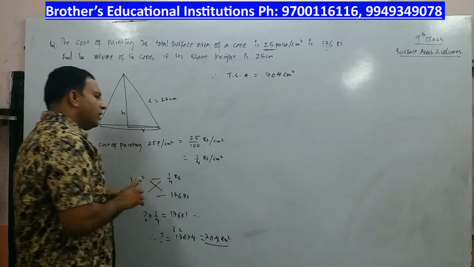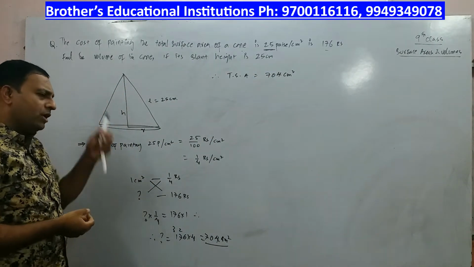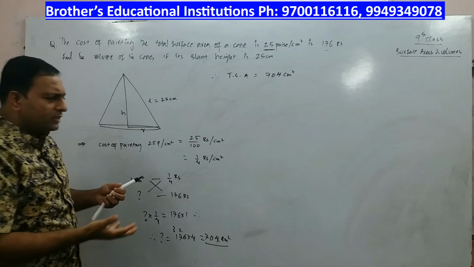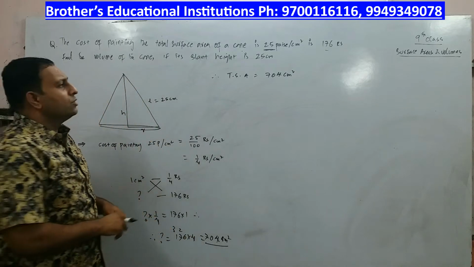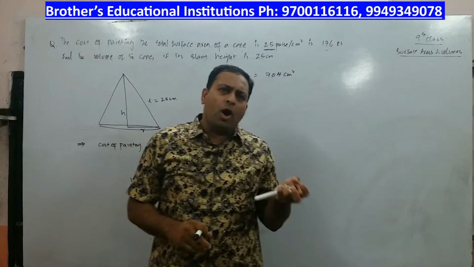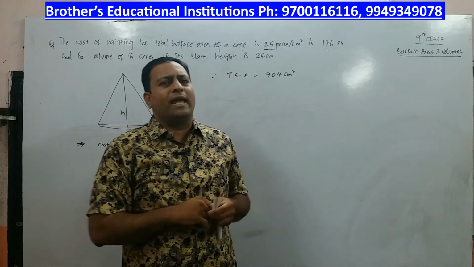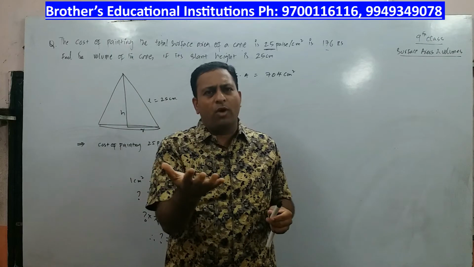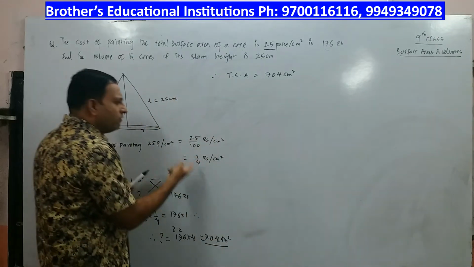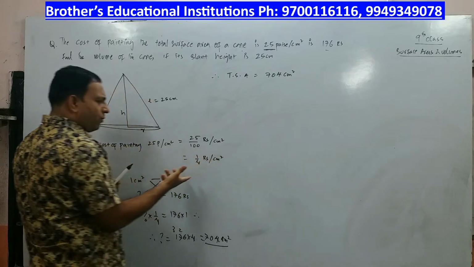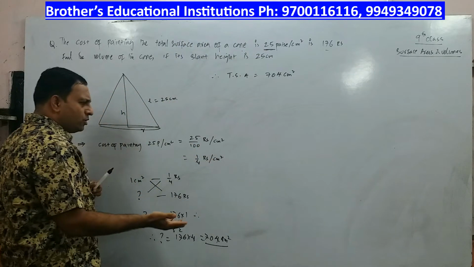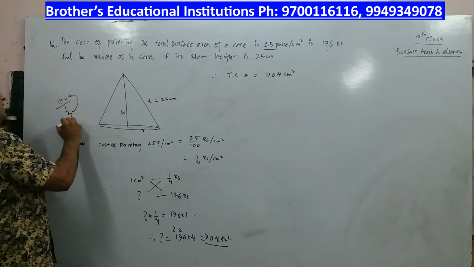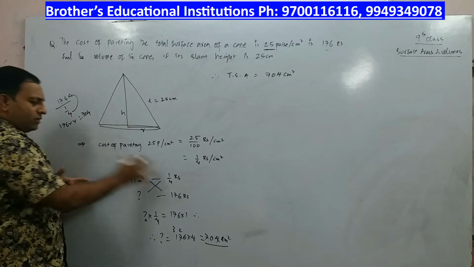See, first your job is to find how much area that is. He has given you the rate and the total figure. So from the total figure and the rate, you find out the surface area. If I say one pen costs 2 rupees and the total cost is 10 rupees, how many pens do you have? You will divide 10 by 2 and get 5 pens. It is just like that. The cost of 1 centimeter square is 25 paise, that is 1 by 4 rupees. The total cost is 176. So you have to divide 176 by 1 by 4. This 4 will move up, 176 into 4, and that comes to 704. It is as simple as that.